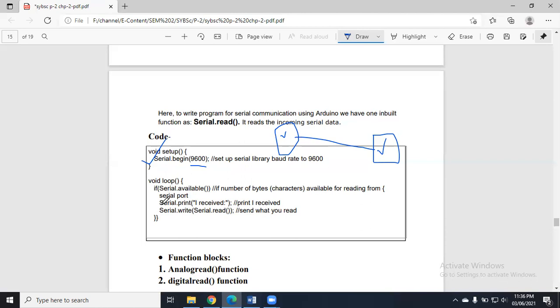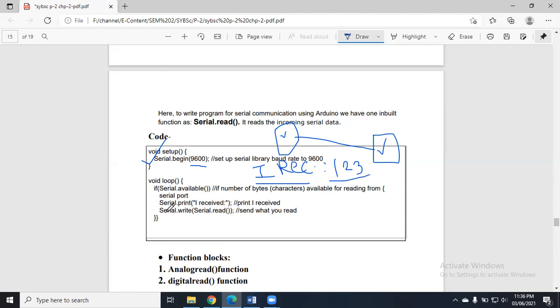First we'll write Serial.print with the text in double quotes, "I received -". Suppose I'm sending 1 2 3, these three digits, on the serial port. Now how will it print? It will print like "I received: 1 2 3". This is a default function: "I received -" and then the next data, whatever the serial port had.